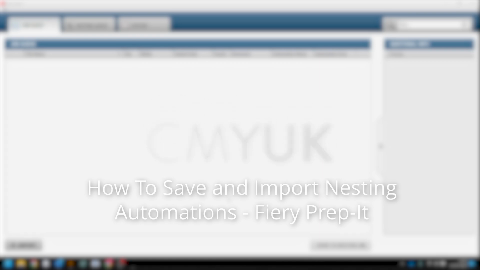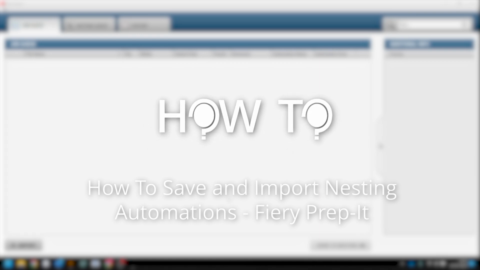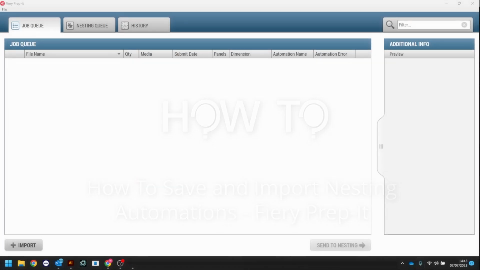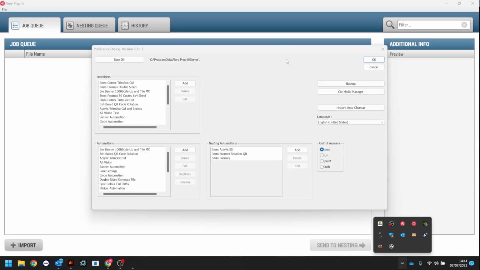In this video, I'm going to show you how to import different settings into your Prepit software. So to do this, we're going to go down to our server and double click on that to open this window. Now we have automations, we have nesting automations, we also have our cut media manager. So we might want to save these and import them if we're moving this software, or we just want to